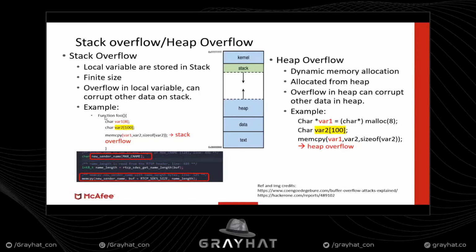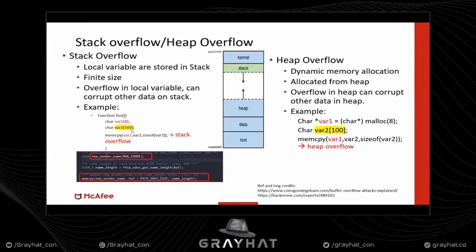As you can see, there is a function foo and it has two character variables, variable 1 which is of size 8 and variable 2 which is of size 100. You can see that there is one memcpy function call over here which copies data from variable 2 to variable 1. Since the size of variable 1 is only 8 bytes while the size of variable 2 is 100 bytes,